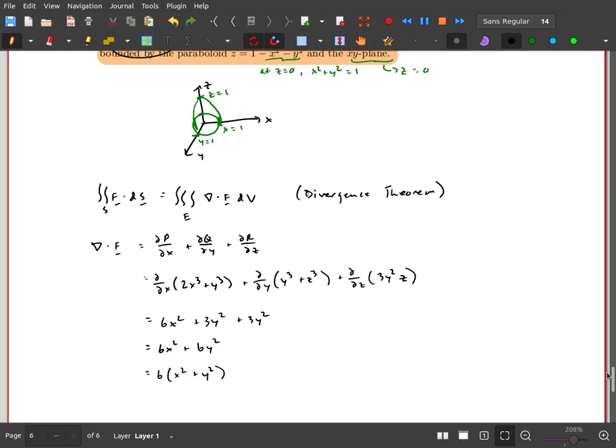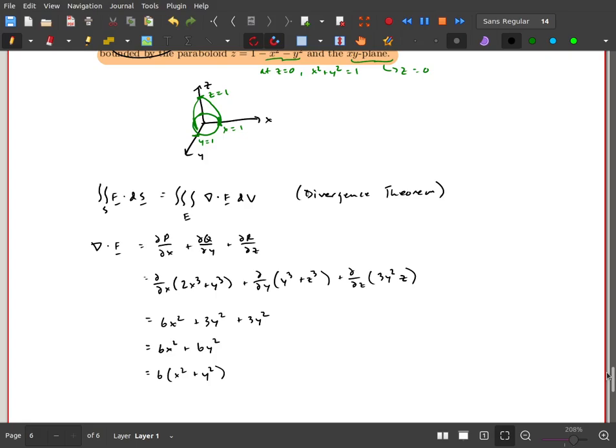With a paraboloid, the other option is to use something like cylindrical coordinates. You wouldn't use spherical coordinates because the geometry is not really a sphere. A paraboloid is more related to a cylinder than a sphere, and you would also have to convert things into rho and all that. But just looking at the equation of the paraboloid, z equals 1 minus x squared minus y squared,